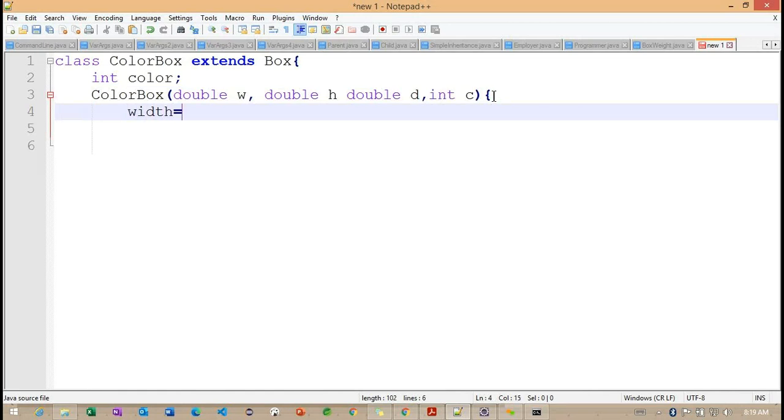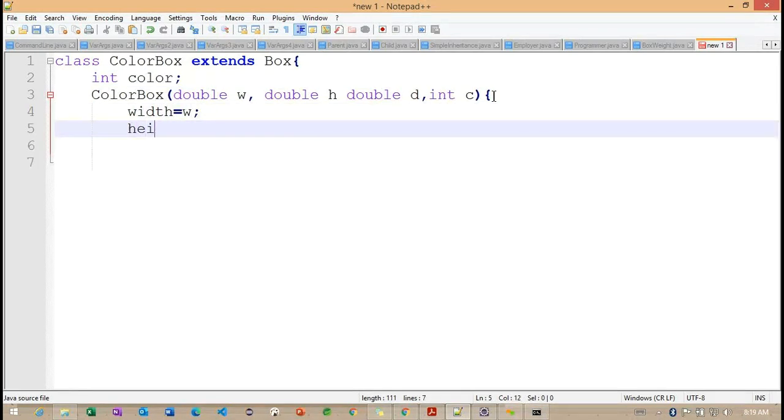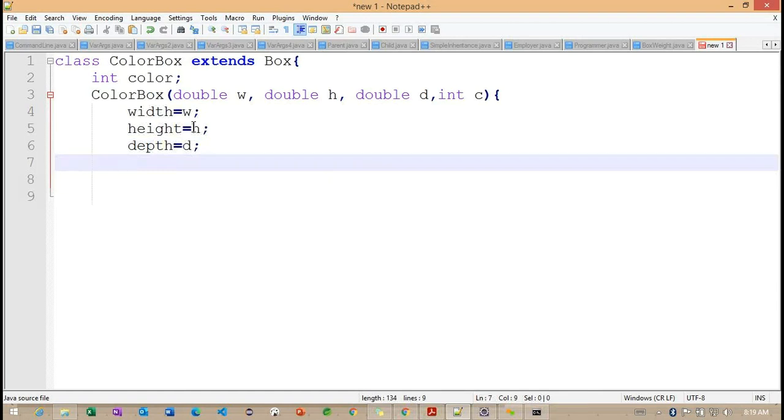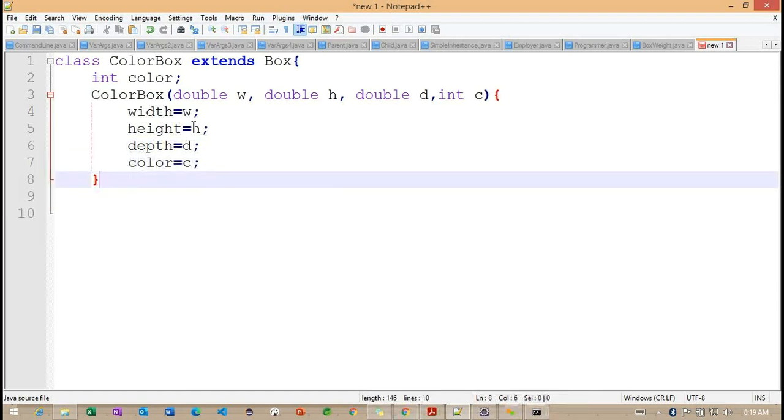Right. And here width is equal to w. You missed a comma between double h and double d. Okay. Height is equal to h. This is the constructor I'm trying to initialize here, and I'm not going to change anything here.